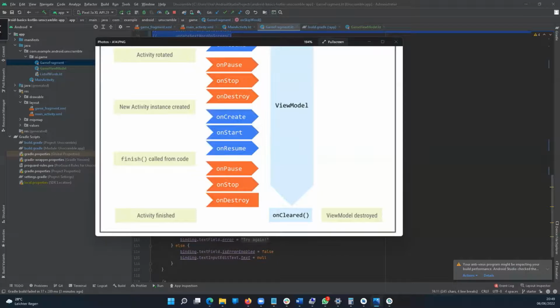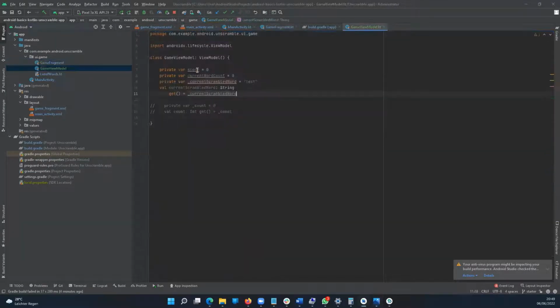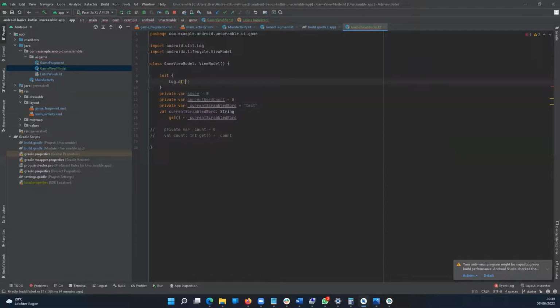So let me show you guys. Let's just implement this, so we actually get to see it. I'm just going to do something here. I'm going to do init. So init is actually initialize. Let's do a logcat right now. For the tag, let me say GameFrag, and then for the message, I'm going to say GameFrag